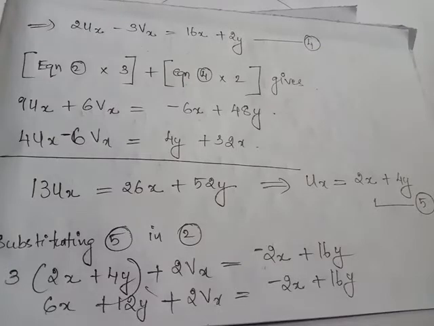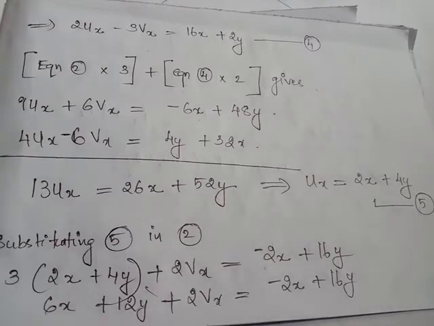Our aim is to find out the analytic function f of z which equals u plus iv. If we obtain f dash of z equals ux plus i times vx, we could integrate both sides and arrive at the desired function f of z using the Milne-Thomson method. So our objective is to find out ux and vx, which will help us to find out f dash of z. We can find out ux and vx by solving equation 2 and equation 4.